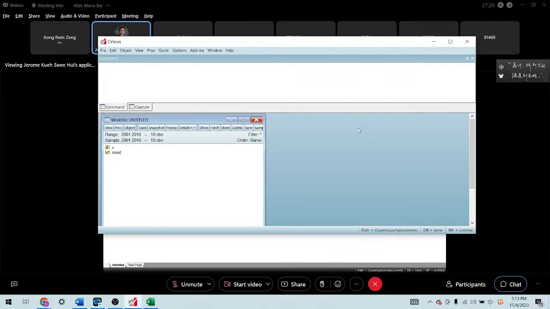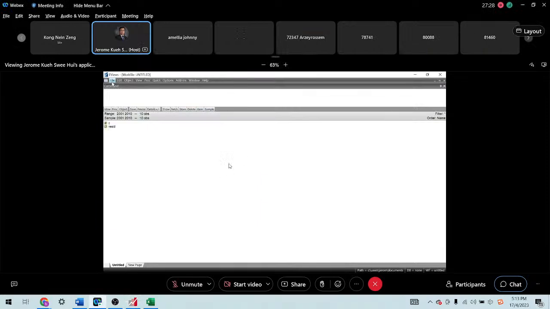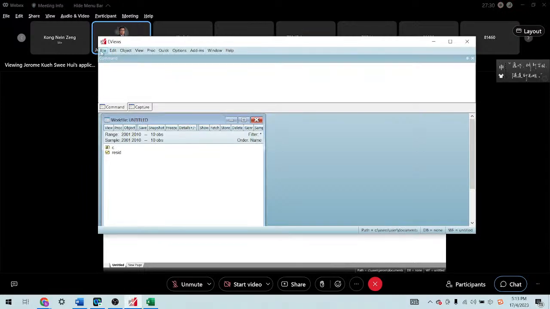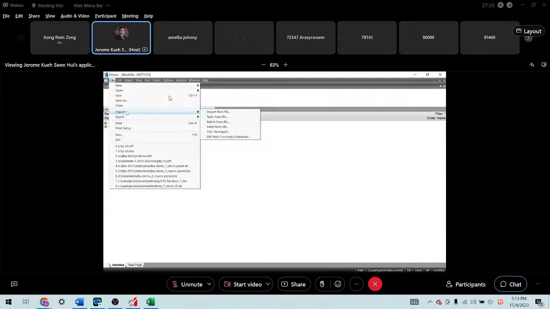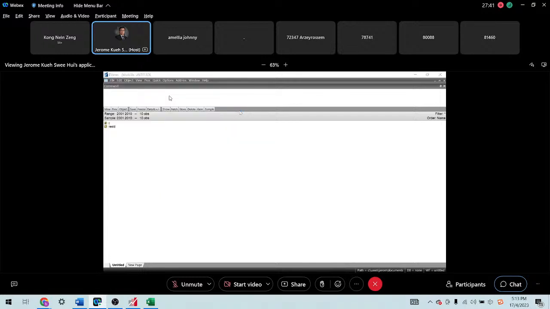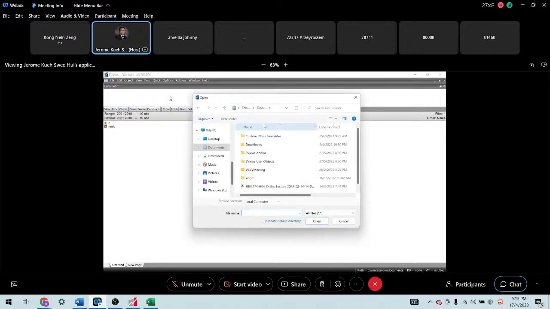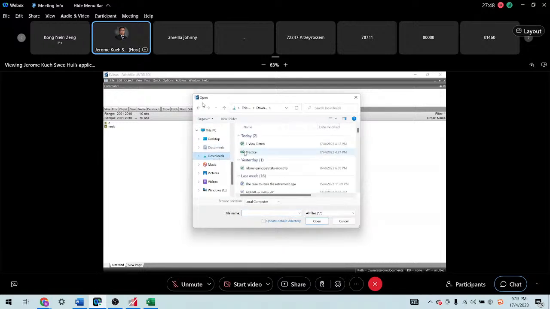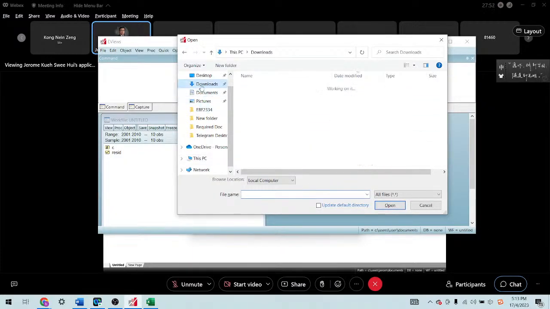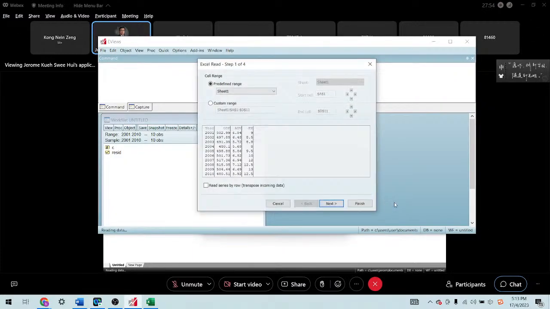The next thing is you can import. You go to File here, and click Import, then Import from file. You need to go to the folder where you downloaded the eViews demo file. Open it up.